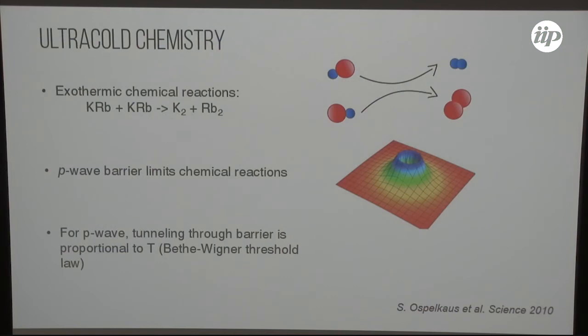However, the molecules, according to their energy, can tunnel from the outside of this barrier to the inside. So you really have to think about this barrier like a volcano crater. Once the molecules get inside, they cannot escape anymore. It's like there is a sort of black hole that heats up the molecules and never releases them. And usually the reaction rate follows a P-wave relation. So the tunneling probability to go from the outside to the inside follows the so-called Bethe-Wigner threshold law, so it's proportional to the kinetic energy, hence the temperature.